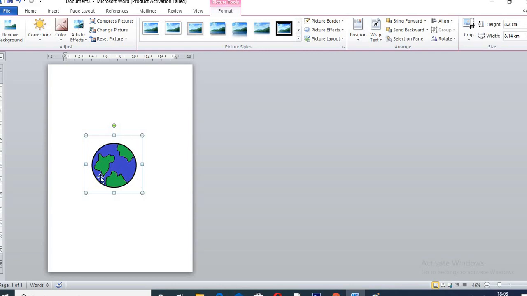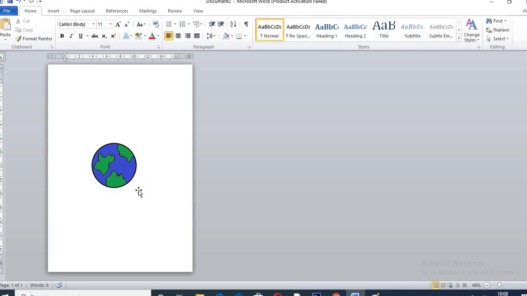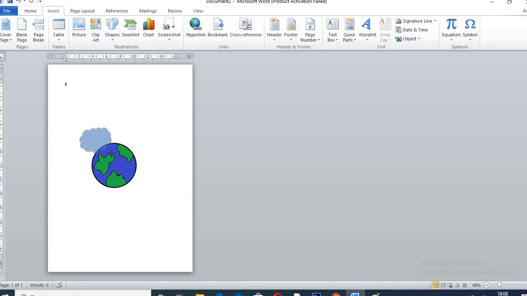Now I'm going to remove the background from here. For this, I click on remove background. Keep changes. This way you can remove the background. Now I go to insert, click on shapes and take the clouds.